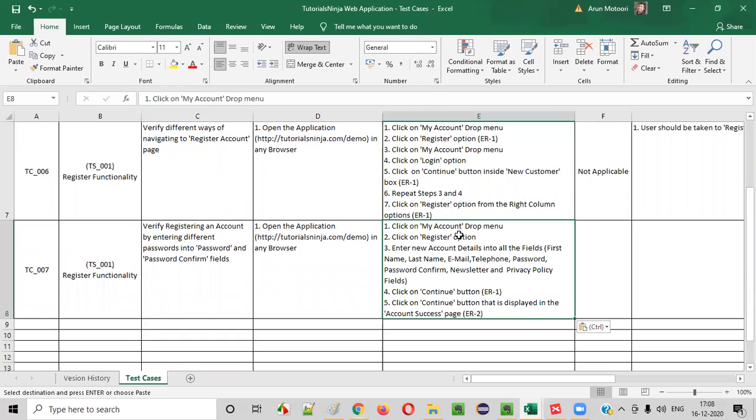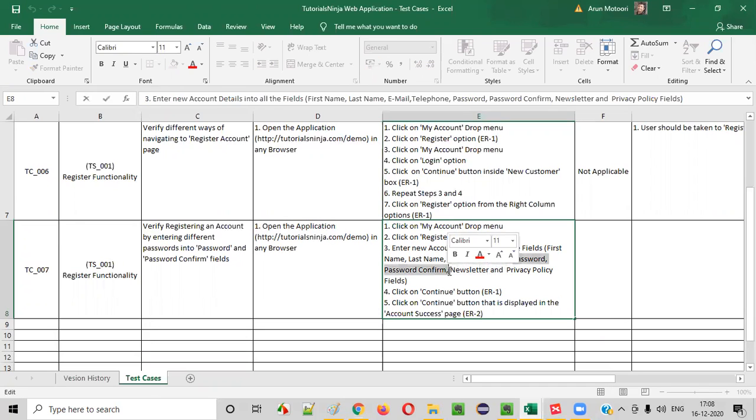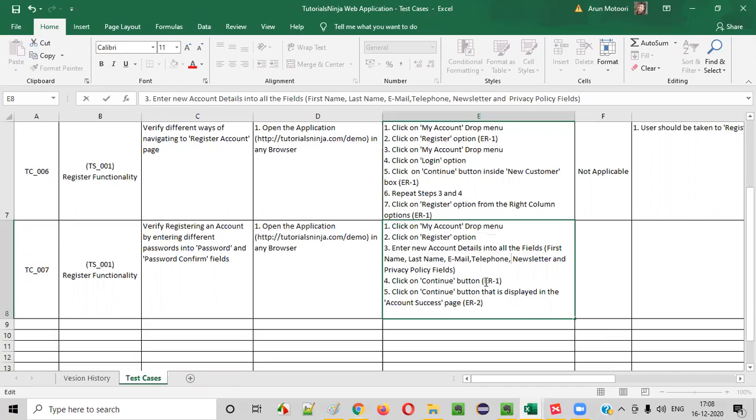Here we'll write: click on my account drop down, click on register option, enter new account details into all the fields: first name, last name, email, telephone, and here I'll remove this password and confirm password. I will write them in the next step, and all the remaining options we have filled. And fourth step is